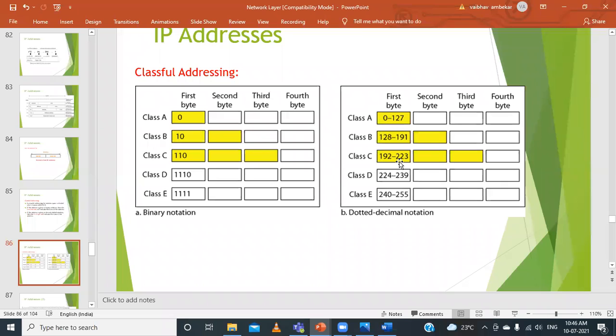But in Indian companies or in our locality, we prefer using this class C, that is 192 to 223. This type of category we use in our locality. Most of the organizations, and our college as well, prefer using them. There are some other special treatments also given for that, that I will search and let you know why particularly for this. But most of the organizations in Karnataka or within India prefer using this.